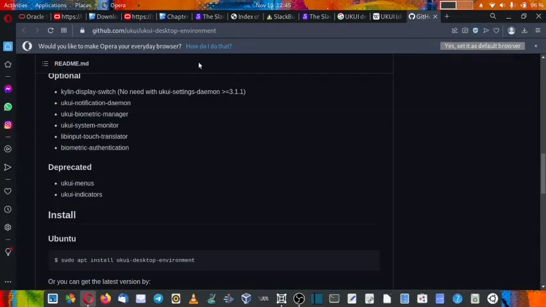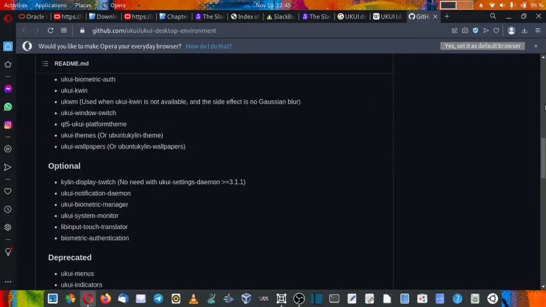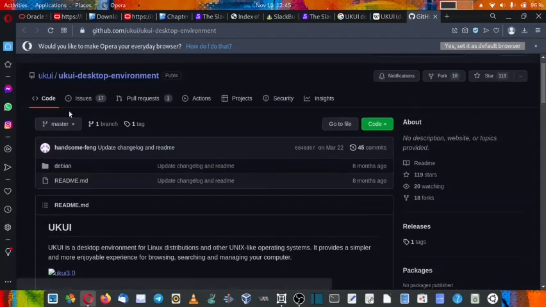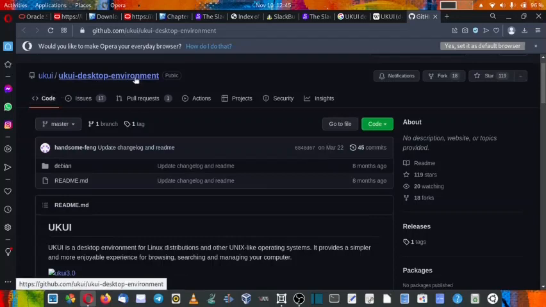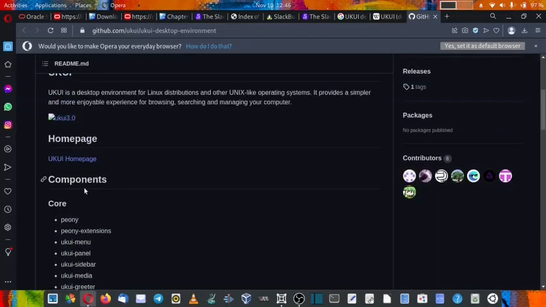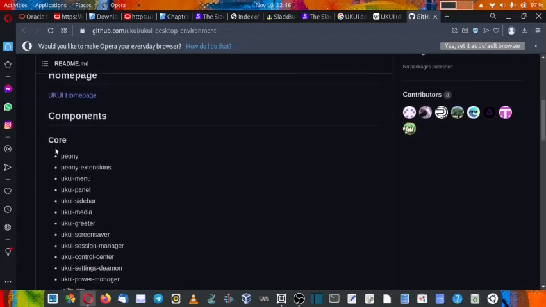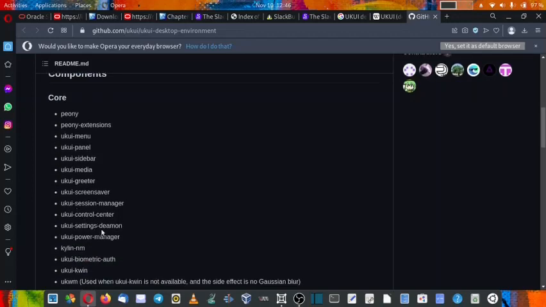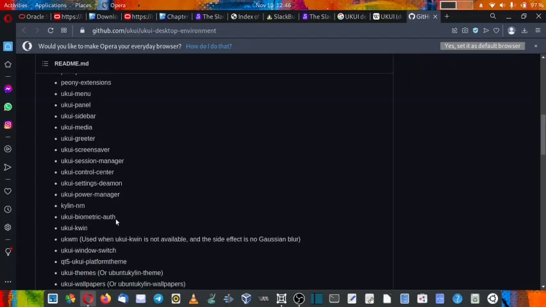And now let us go over to the GitHub page. This is the GitHub page of UKUI Desktop. You can download the code for the UKUI desktop environment, and then you can compile the code and run it on your machine. Here are shown the components that make up the UKUI desktop. The core of UKUI desktop consists of Peony extensions, UKUI menu, UKUI panel, sidebar, media, greeter, screensaver, session manager, control center, settings daemon. There is a power manager, a network manager, a biometric authentication module, and